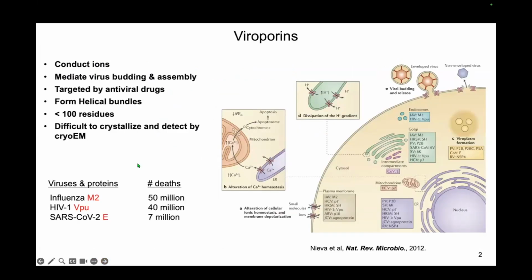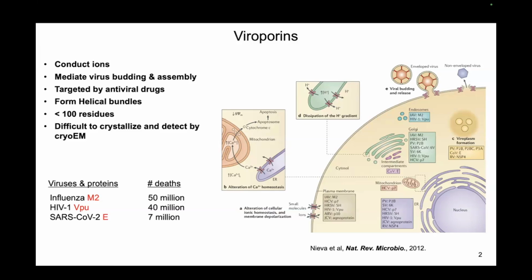One class of membrane proteins that we have been particularly interested in is viral porins. The prototype member of this family of proteins is the influenza M2 proton channel. Viral porins in general mediate virus budding and assembly. They also conduct ions, and it's this ion-conducting property which is targeted by antiviral drugs. These proteins tend to be pretty small, less than 100 amino acid residues. They tend to form oligomeric helical bundles in the virus envelope or in the cell membrane in which these viruses